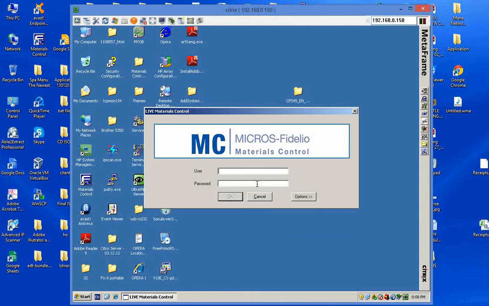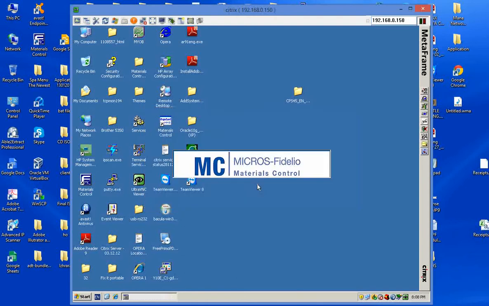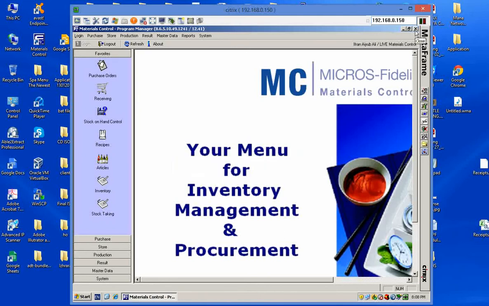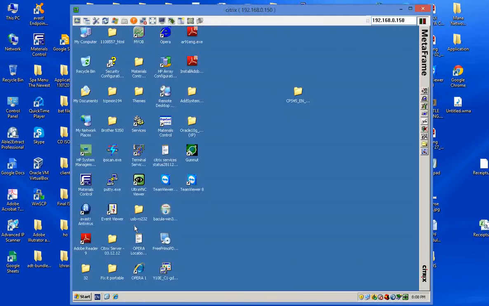And as you can see, that's the normal. There's a normal application installed. It does not go through the Citrix protocols, and it logs onto the server itself. That means the Materials Control server itself. So this shortcut is accessing the application directly to the server. This shortcut is accessing through Citrix server. So that's the basic background behind this video portfolio,